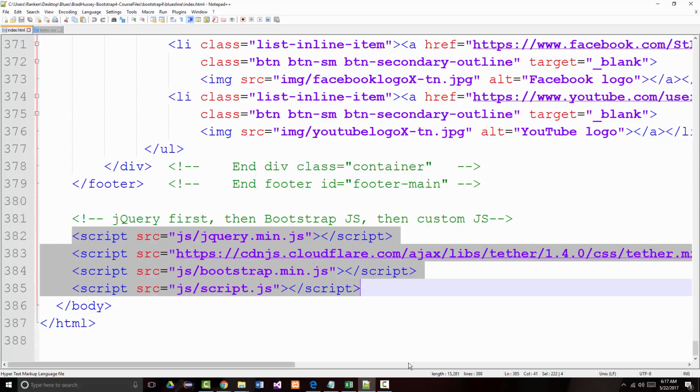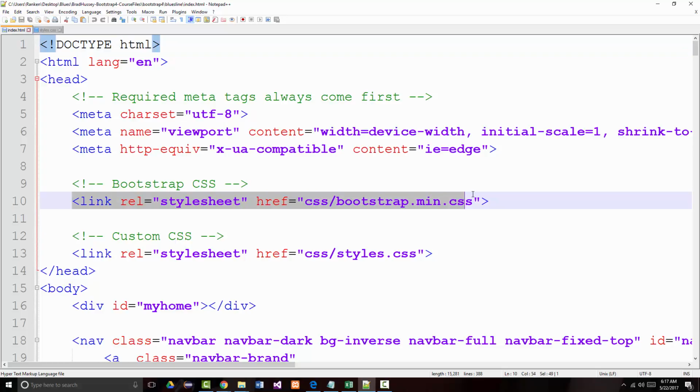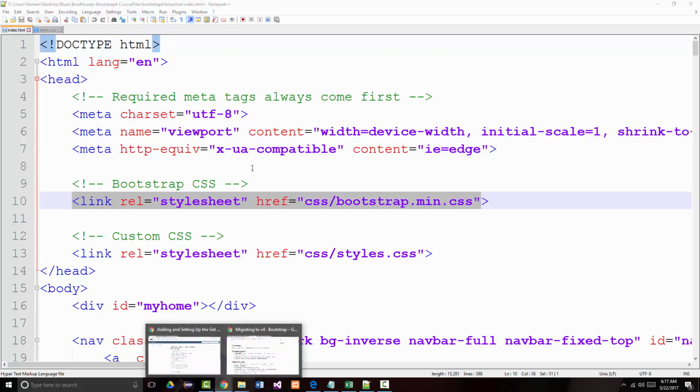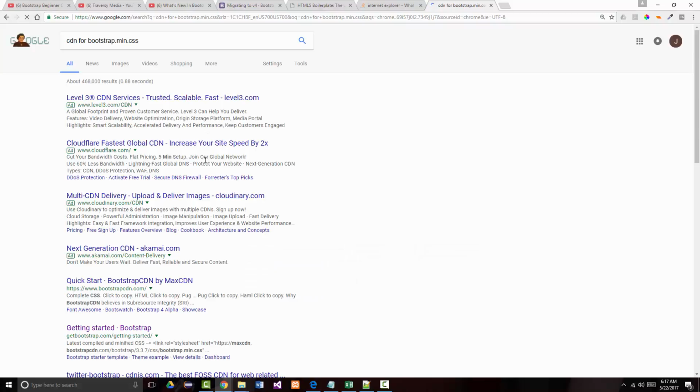The first is the minified version of jQuery. And that's the one that you should load first. Again, you've got your choice. When you use the minified version of these files, you can either copy them and use them directly, or, again, if I come up here and say cdn for bootstrap.min.css, for example, it'll give me, and you'll notice here's Cloudflare,